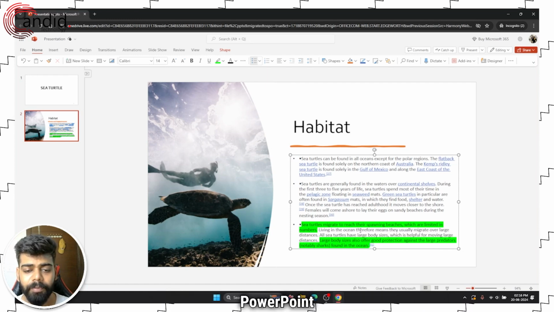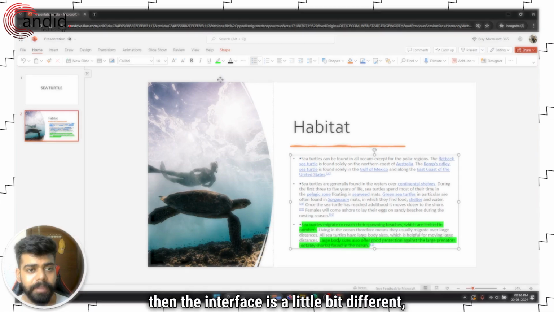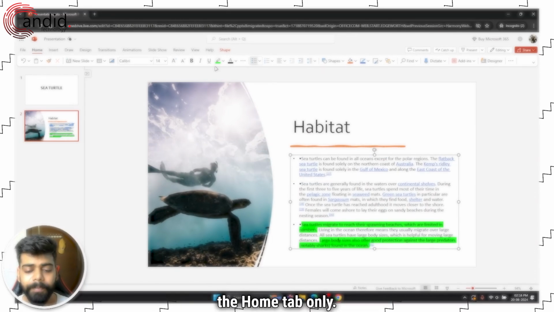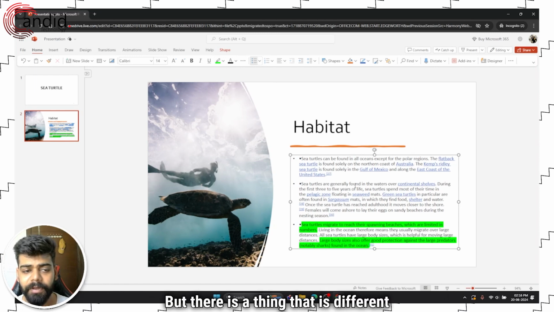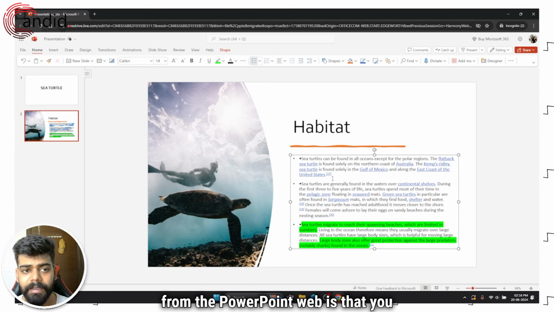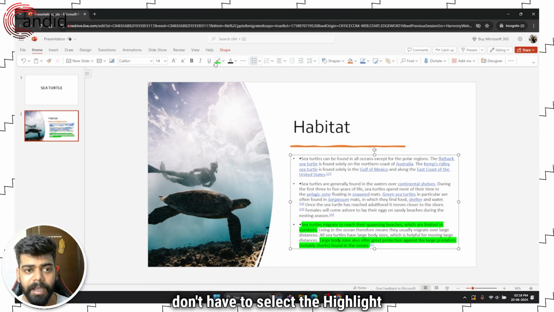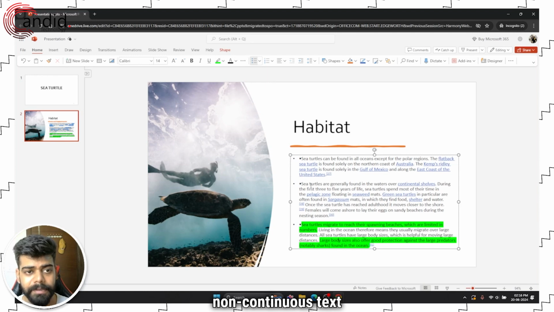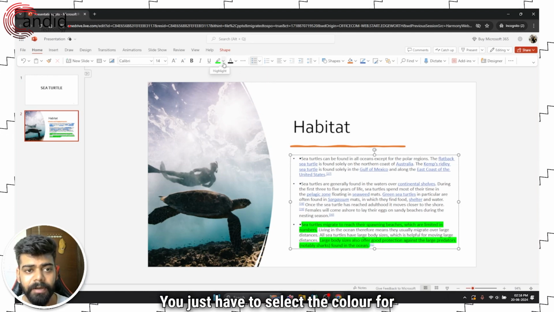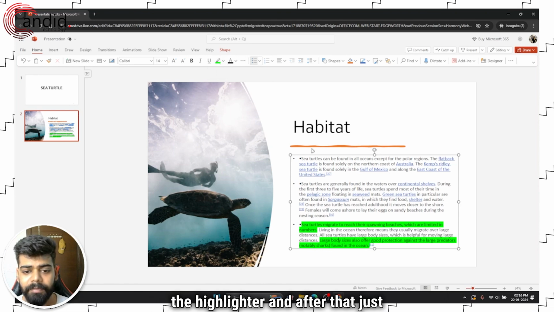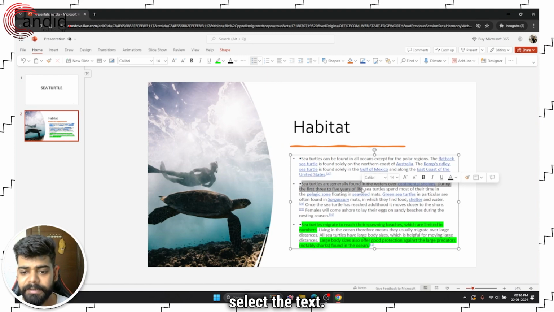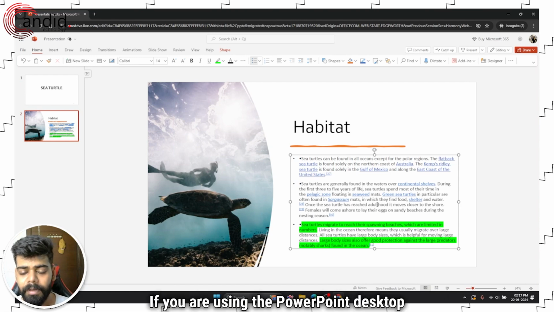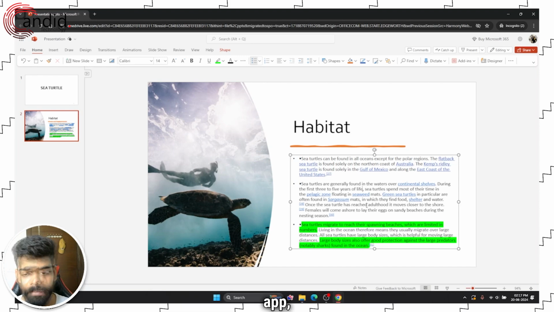If you use the PowerPoint desktop app, then the interface is a little bit different, but you will find the highlighter in the Home tab only. But there is a thing that is different from the PowerPoint web, is that you don't have to select the highlight icon again and again to highlight the non-continuous text. You just have to select the color for the highlighter, and after that just select the text and it will be highlighted. So it will be very helpful if you are using the PowerPoint desktop app, and that's how you